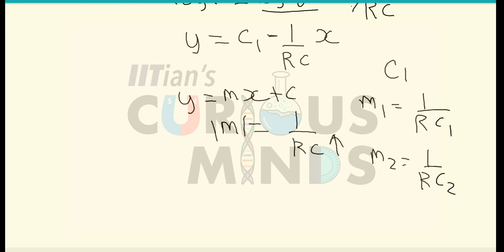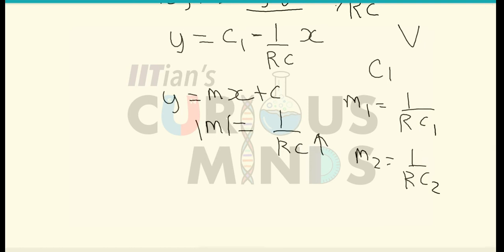Suppose I say that the resistance remains constant, and the rest of the terms remain the same, that is, the voltage remains the same. So if the voltage over here remains the same, after a certain point it will be equal to I into R. We will get a certain graph.